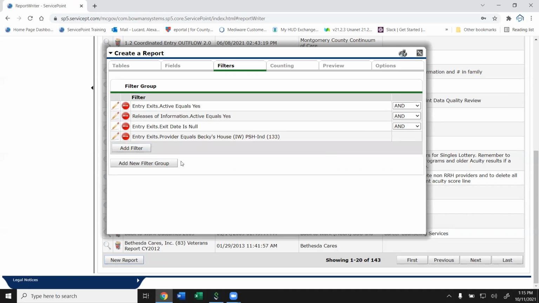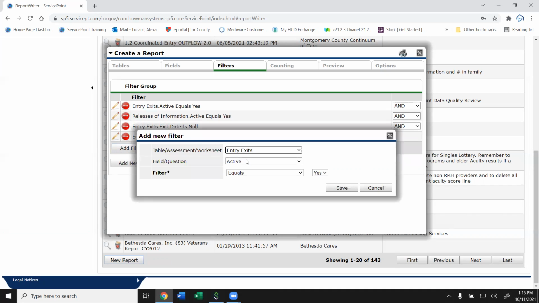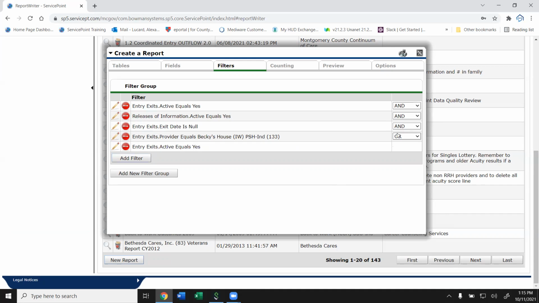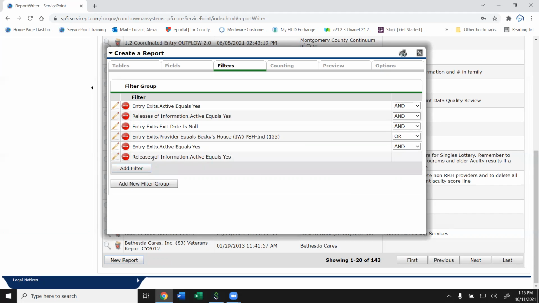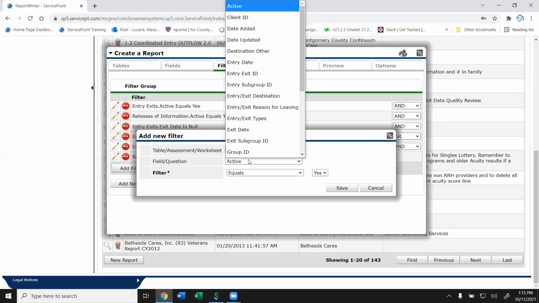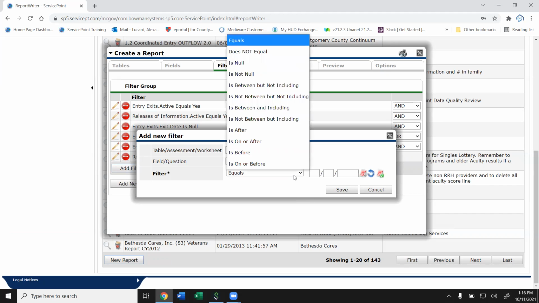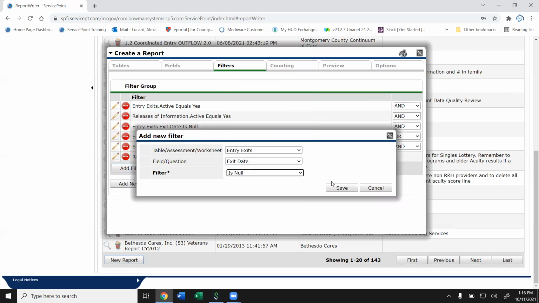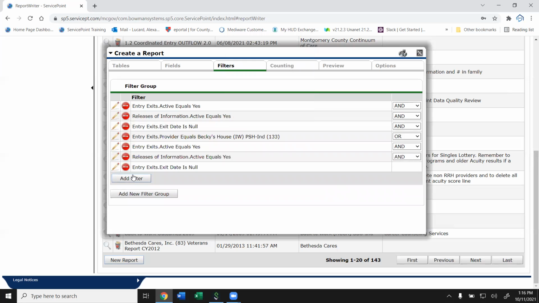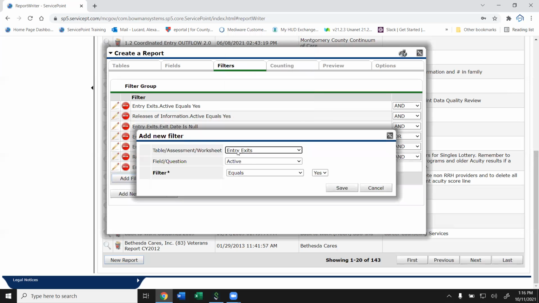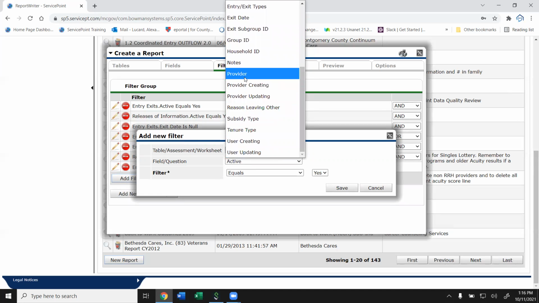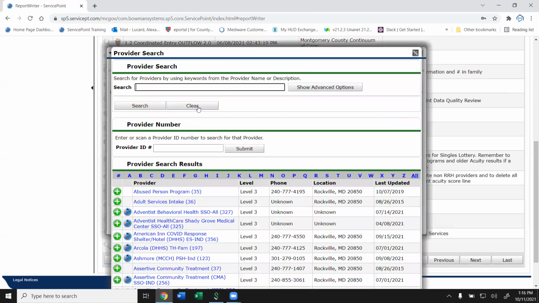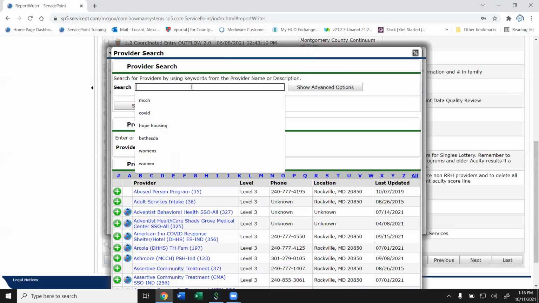So to do this correctly with an or, we're going to have to do entry exit equals yes. Release of information active equals yes. Exit date is null. And provider equals